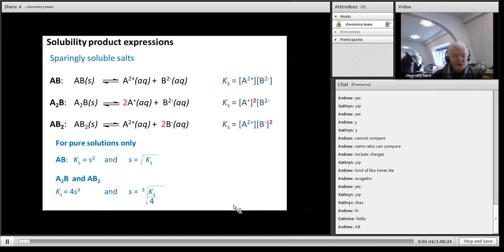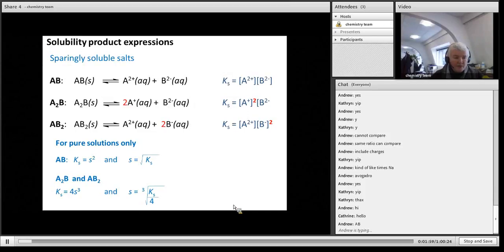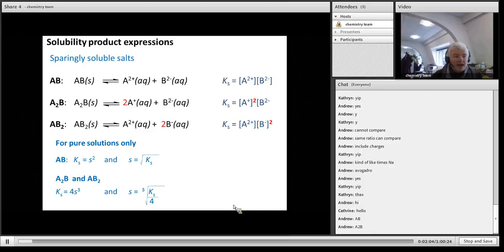AB, correct, because it's 1 calcium to 1 sulfate, because it's calcium 2 plus and SO4 2 minus. If I had silver sulfate, what type of salt would silver sulfate be? A2B, correct, because it's